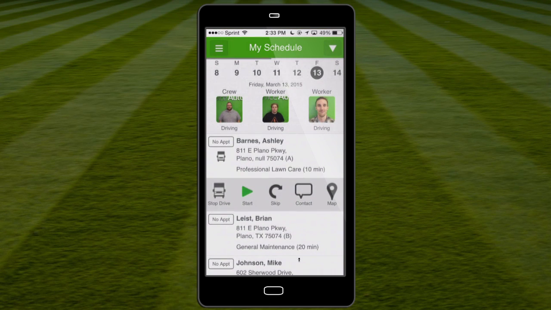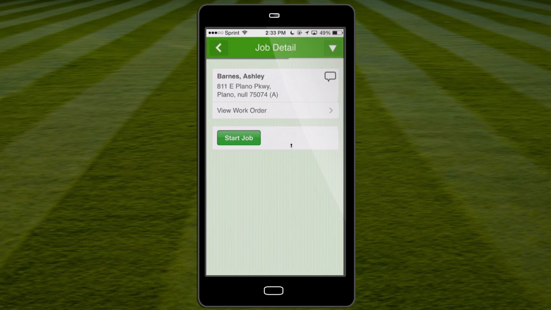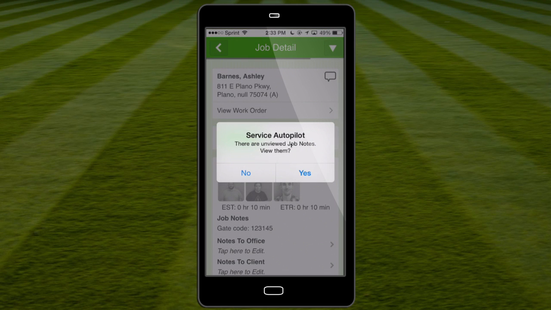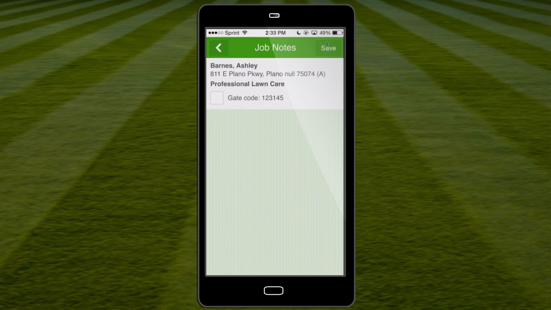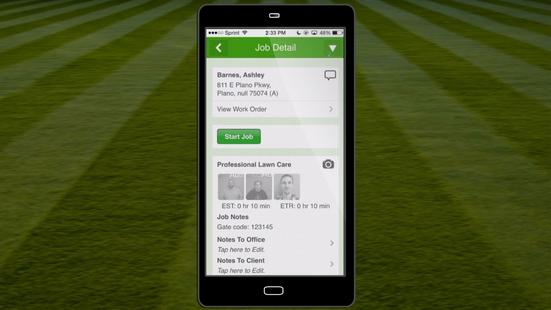When we arrive on the job, we'll click the name of the client, and it immediately tells me that I've got job notes that I need to view. These notes would have been entered earlier on in the process. Let's say that the estimator or the scheduler indicated that we needed to only mow the front yard or only mow the backyard, something like that, a special note about this job. So I click Yes here, and it shows me those notes. In this example, it was a gate code to get into the property. So I can check off that I've seen these notes and click Save,